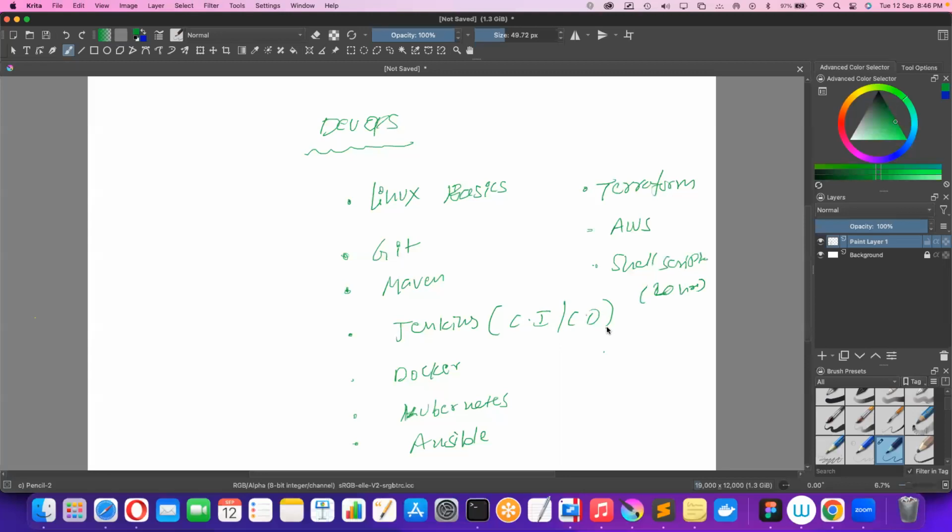I'm not listing those tools here. There's something called DevSecOps. What is that? DevSecOps. DevOps with security. It's again a buzzword in